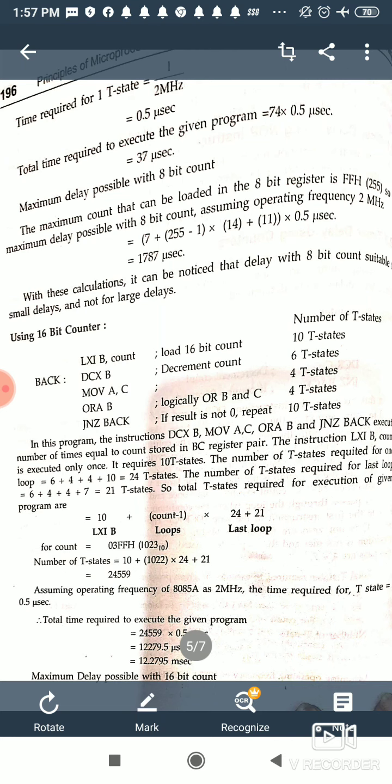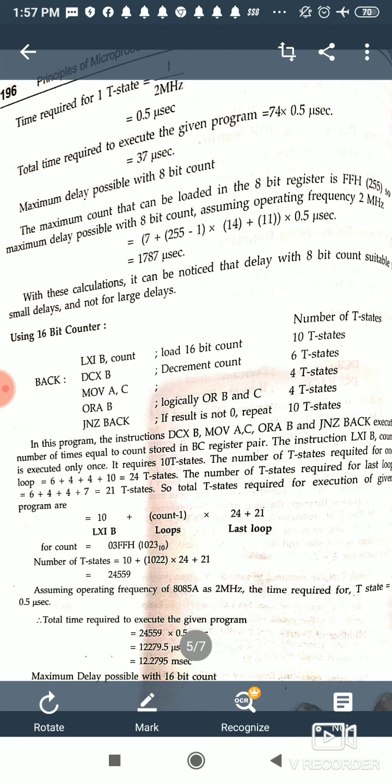So 74 multiplied by 0.5 microseconds will be the total time delay with the help of this counter. So 37 microseconds is the time delay.